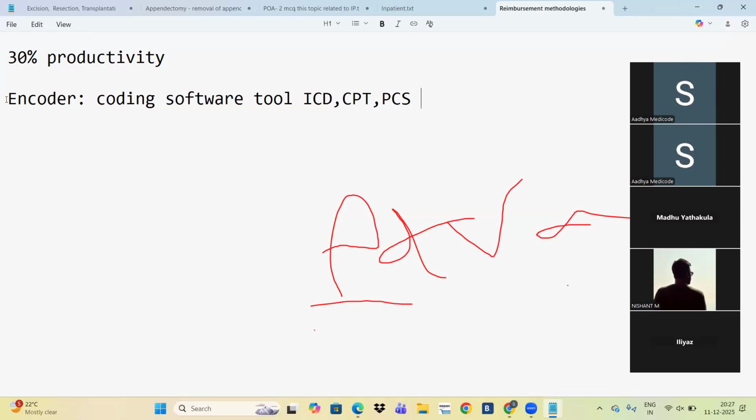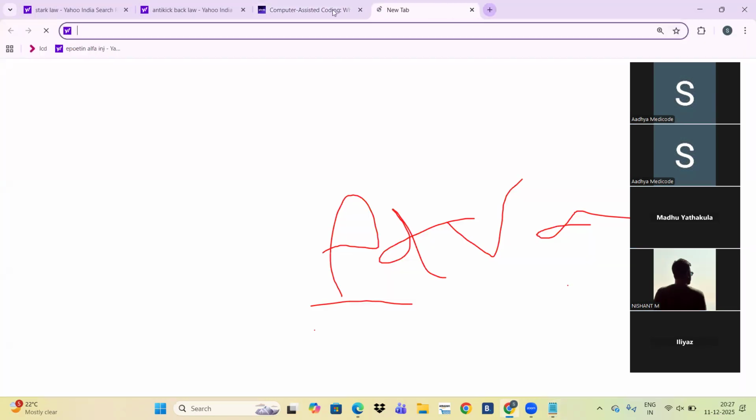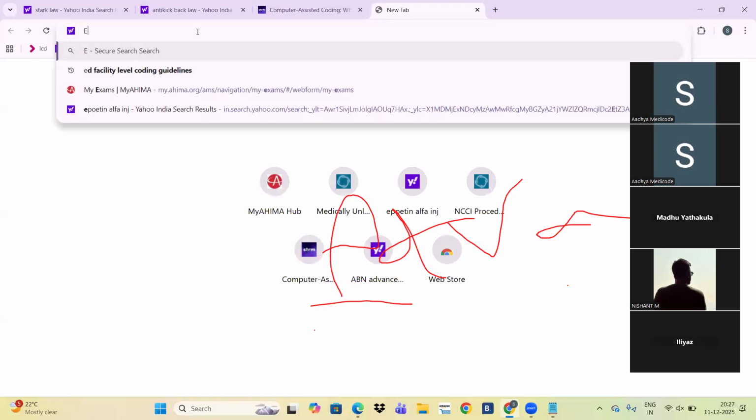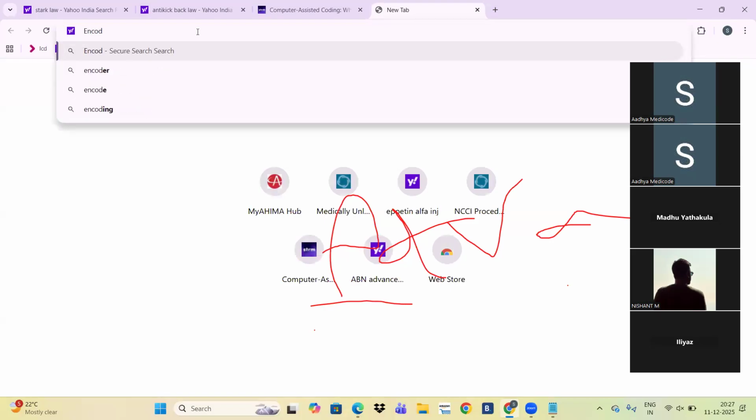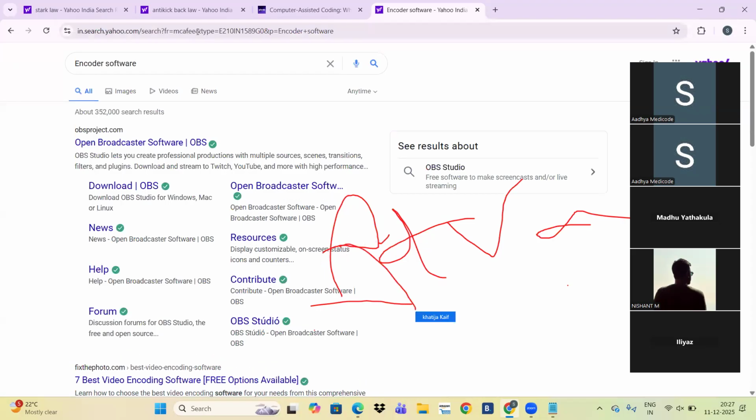So we can use various methods to look up the medical code for billing purposes. The encoder is also a software tool to look up medical codes for billing. It is not auto-suggested coding, it is just software lookup.